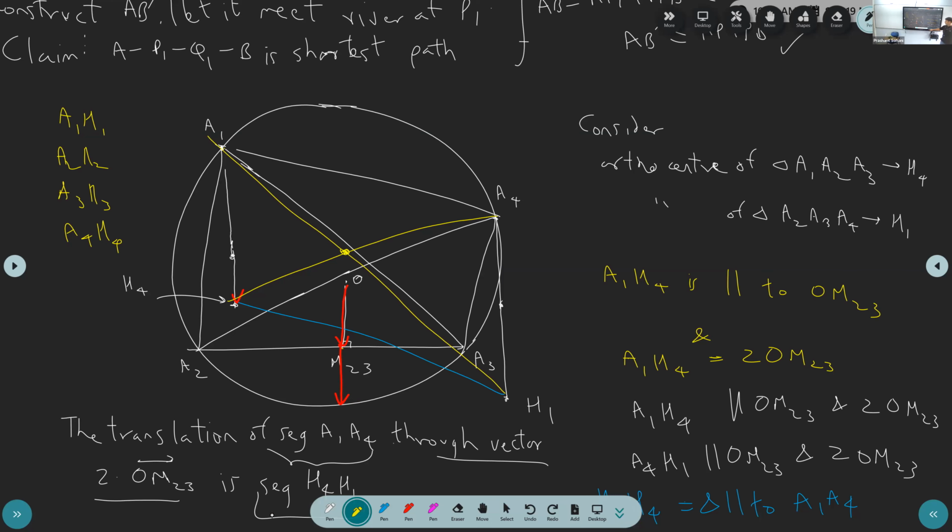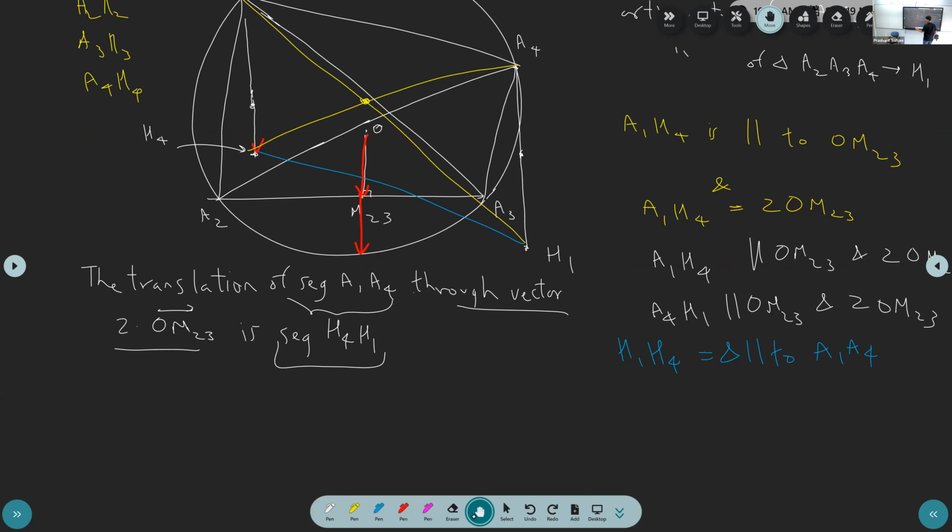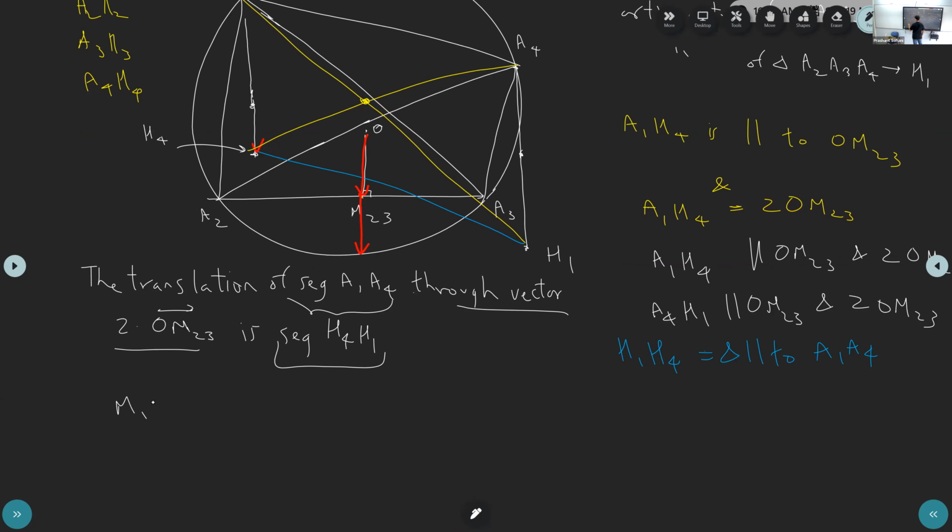So this is what we call an orthocenter of a cyclic quadrilateral. So the midpoint of, I would say the common midpoint of segments E1, H1,